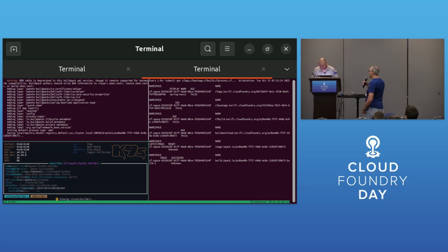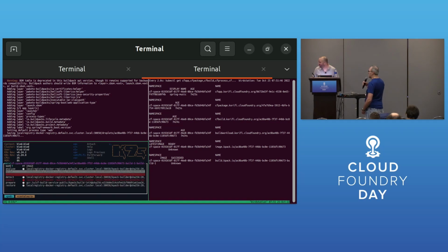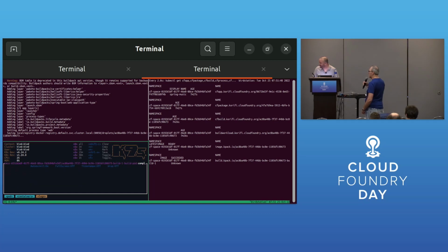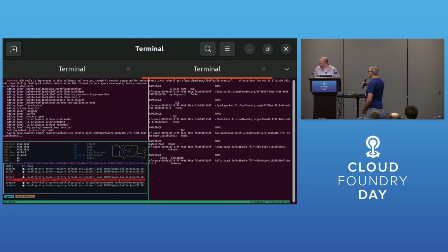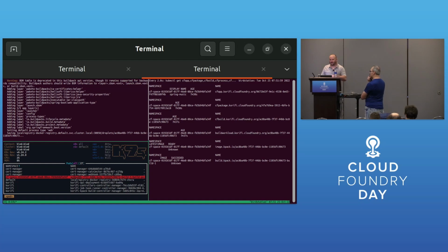No, I mean, that's fine. Yeah. It's having trouble interacting with the local registry for some reason. I mean, we can try pushing it again and see what happens. I don't know if that's worth it. Oh, boy. Okay. Well, we can keep waiting for it. I can retry it. But theoretically, what should have happened is this application would have come up, and then I would have been able to show you actually binding a service to it. But that relies on the application actually working.